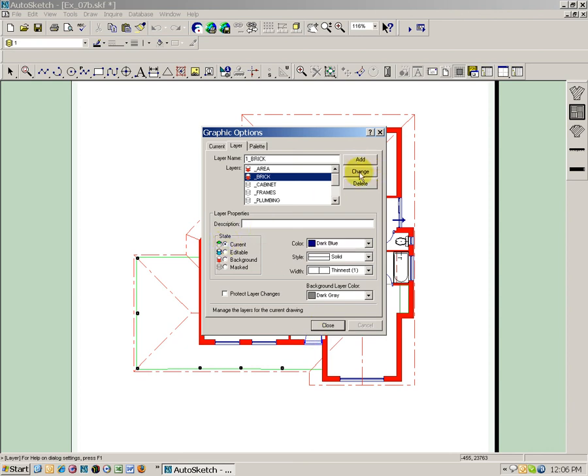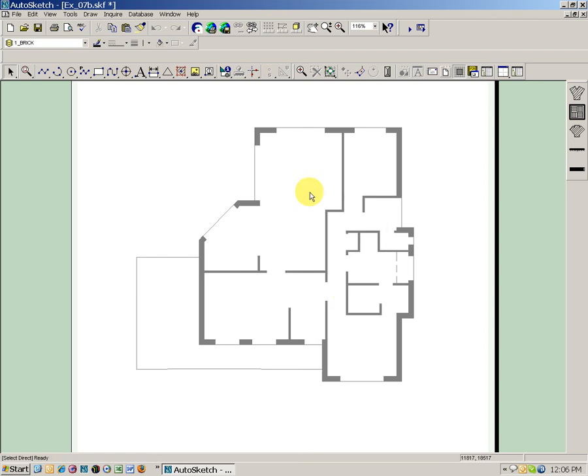Now we don't want to hit change, we need to hit add, and this will add the new layer. So add and close. So now we've got all our brickwork in the background, and our new current layer is 1 brick. If I now go to, say, my double line command, and I'll change that to 90mm and draw on the left,